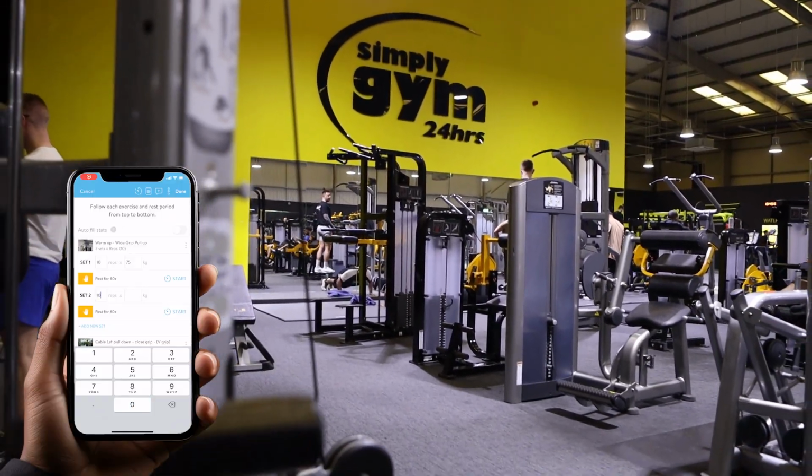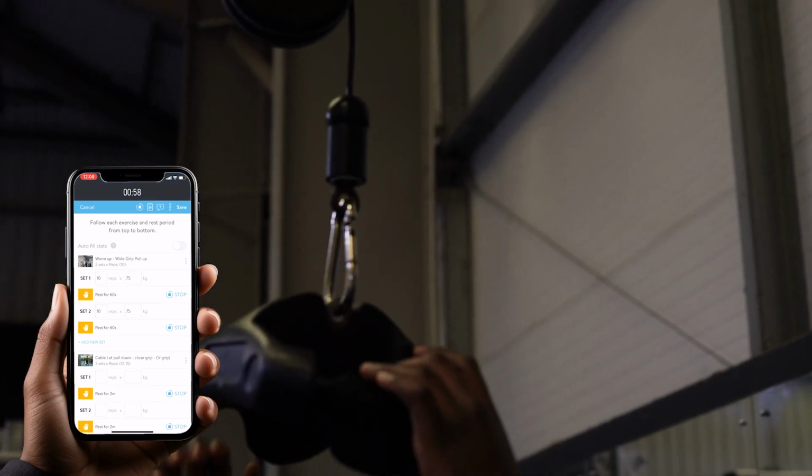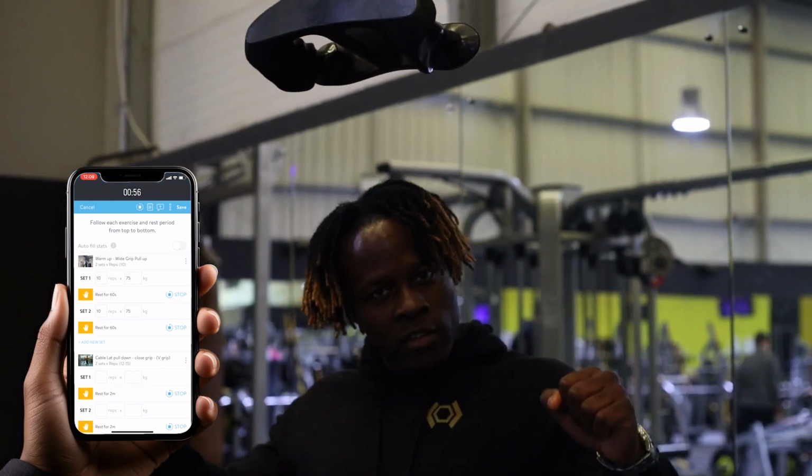Done with the warm-up. Do you feel warm? Yeah, I feel ready now. I'm gonna move on to the first exercise, lat pull down with the close grip. You can choose a wide grip, but we're choosing the close grip today to target the lats just that little